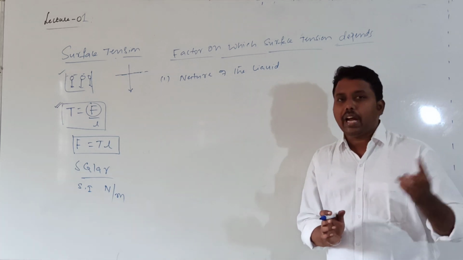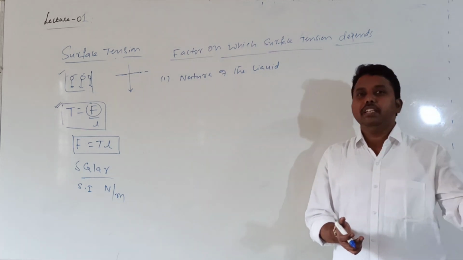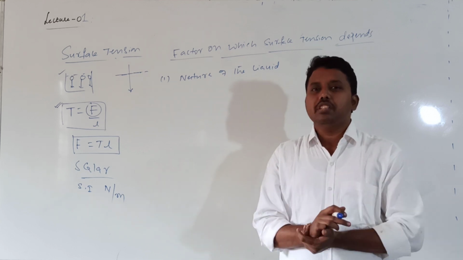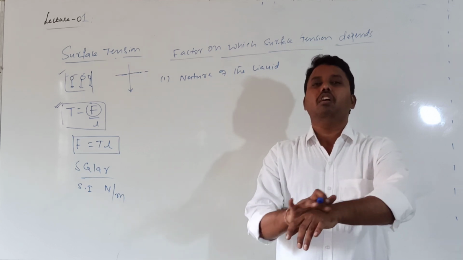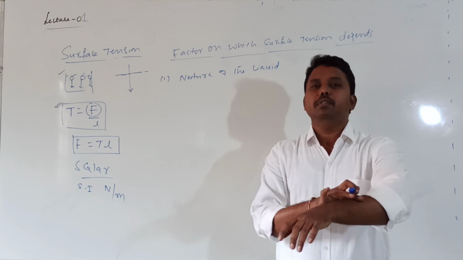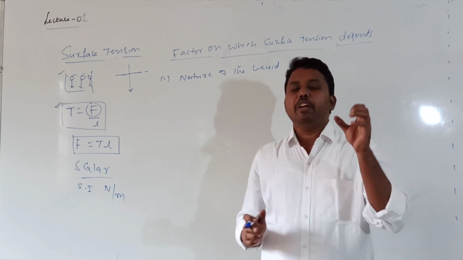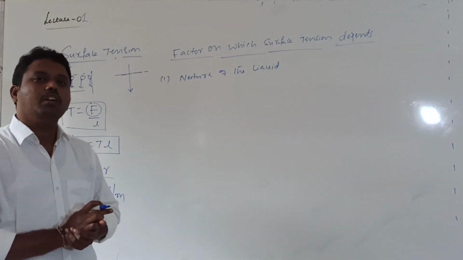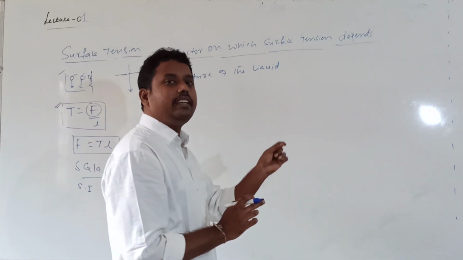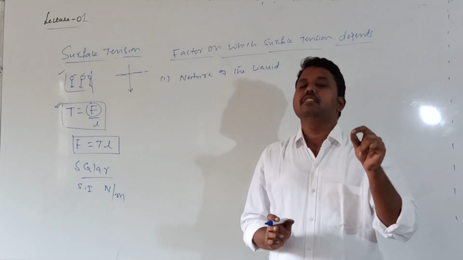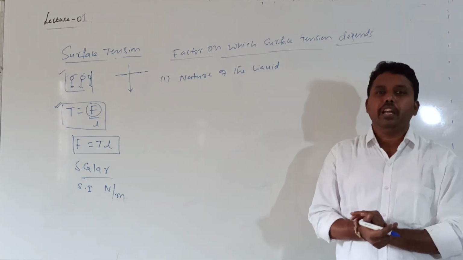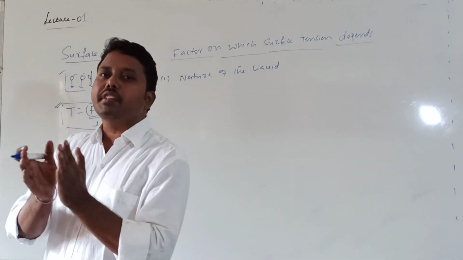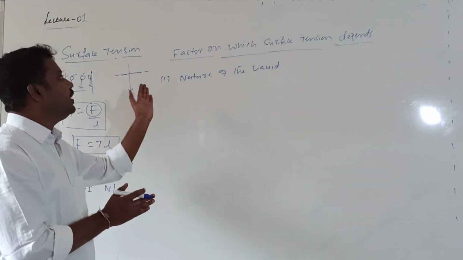You take any ointment, antiseptic ointments, no? Those ointments should have a least surface tension. Then only they will spread over our skin. So wherever we apply, it will spread over properly. Liquid surface tension plays a very important role while spreading. Like water, that ointment also, though it is not water, should have least surface tension to spread properly. So the conclusion is, surface tension depends upon the nature of the liquid. It is different for different liquids.